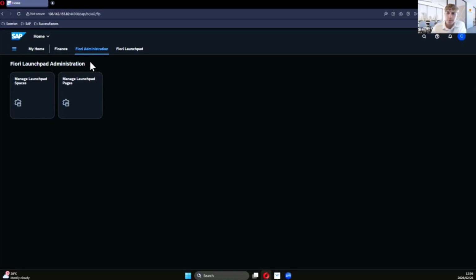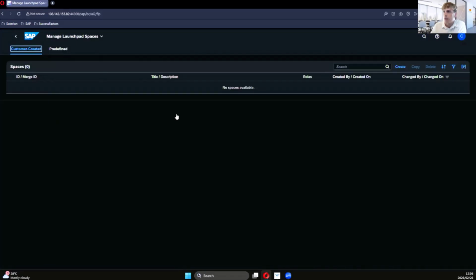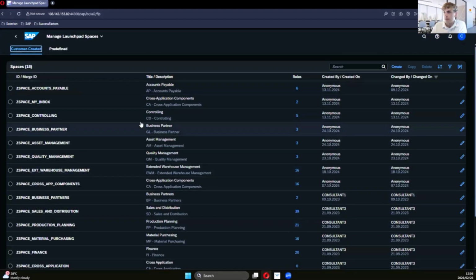SAP's runtime operates on loading all of these tiles and target mappings whenever you open up a page or you're navigating through your Launchpad. We want to operate on the leanest possible setup so that our users have a smooth interaction with their Fiori Launchpad, and we don't get end user frustration from long load times, for example. The core of our demonstrations today follows that process: setting up the space, drilling down into that, setting up the page, how we'd set up our sections, and then adding our Fiori tiles to those sections. Starting at the space level,